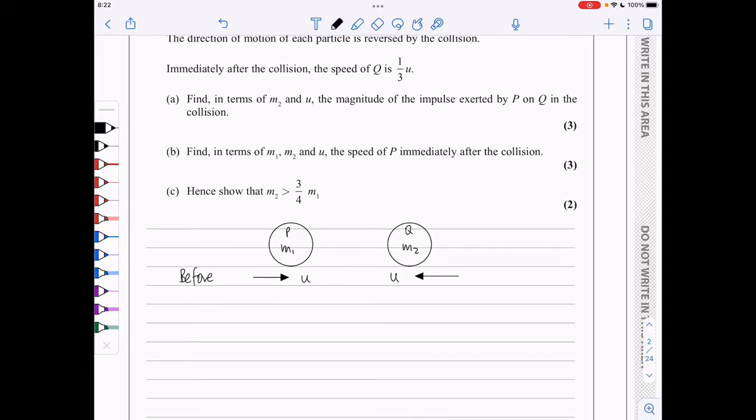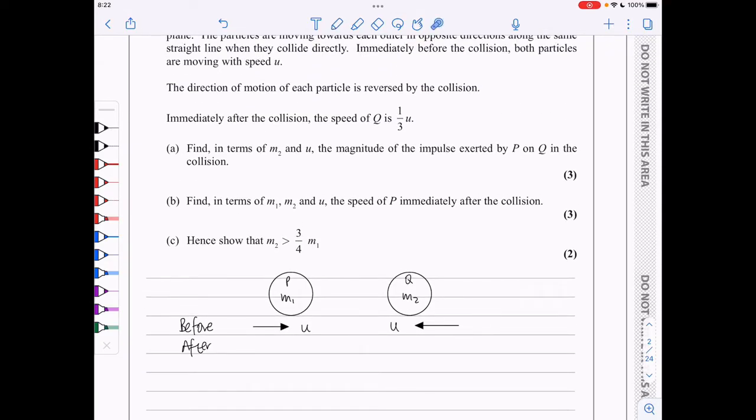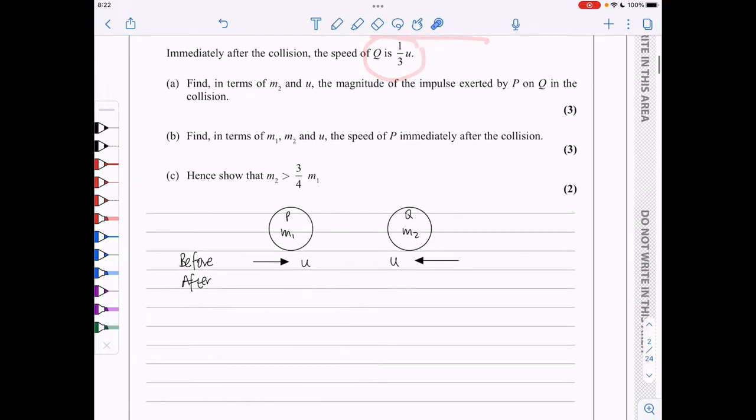And then after the collision, the direction of motion is reversed and the speed of Q is a third u. So we know that Q is moving to the right with a speed of a third u. So there it is. And P is moving to the left with the speed of v. We need to find, in terms of m2 and u, the magnitude of the impulse exerted by P on Q